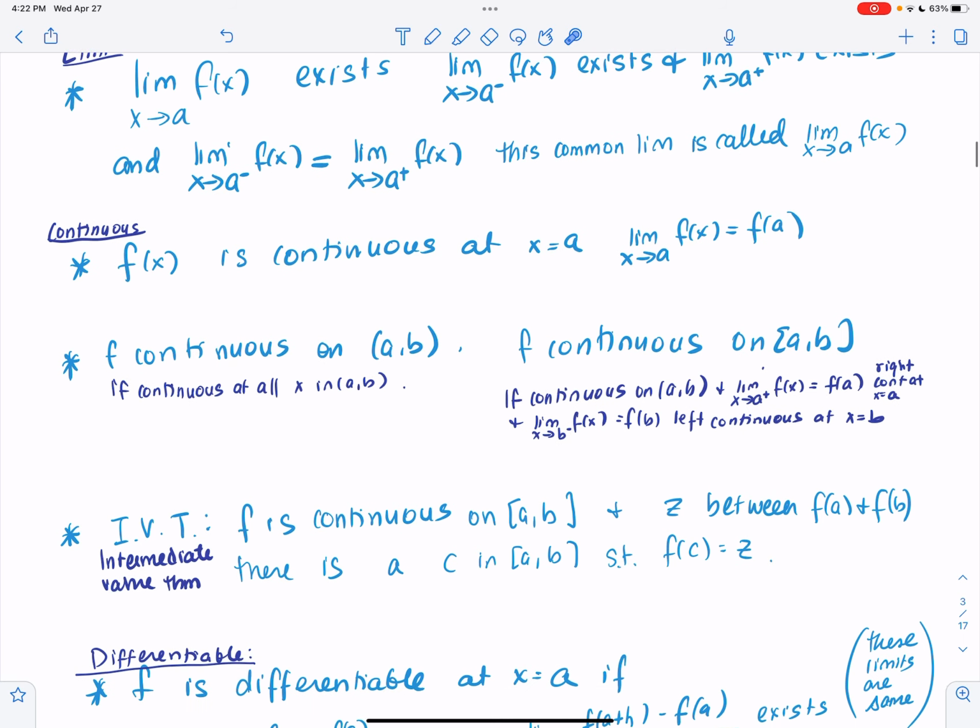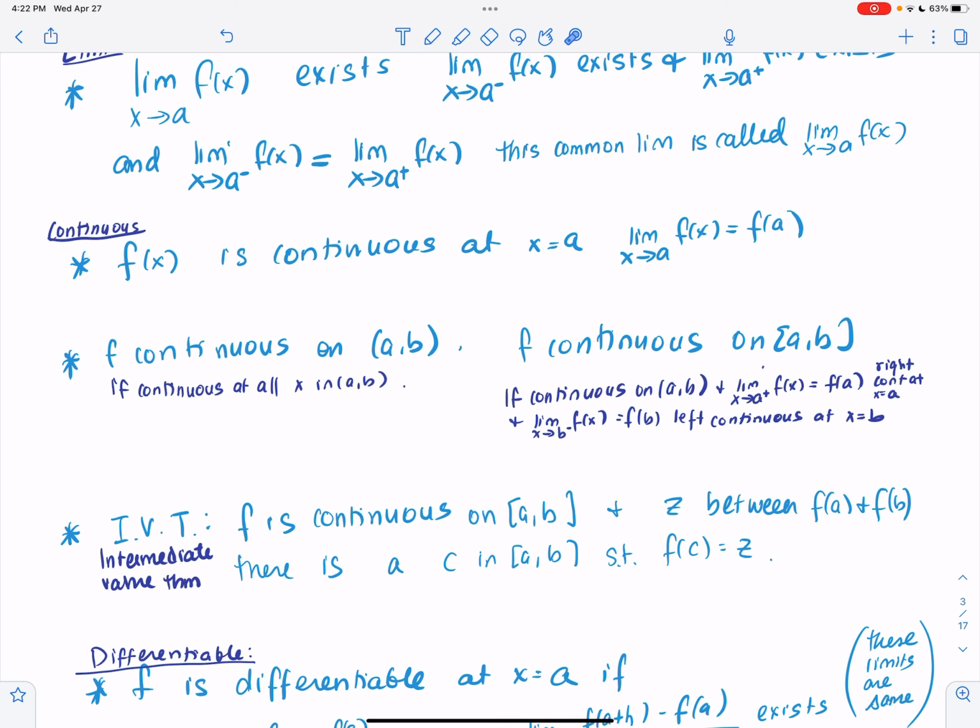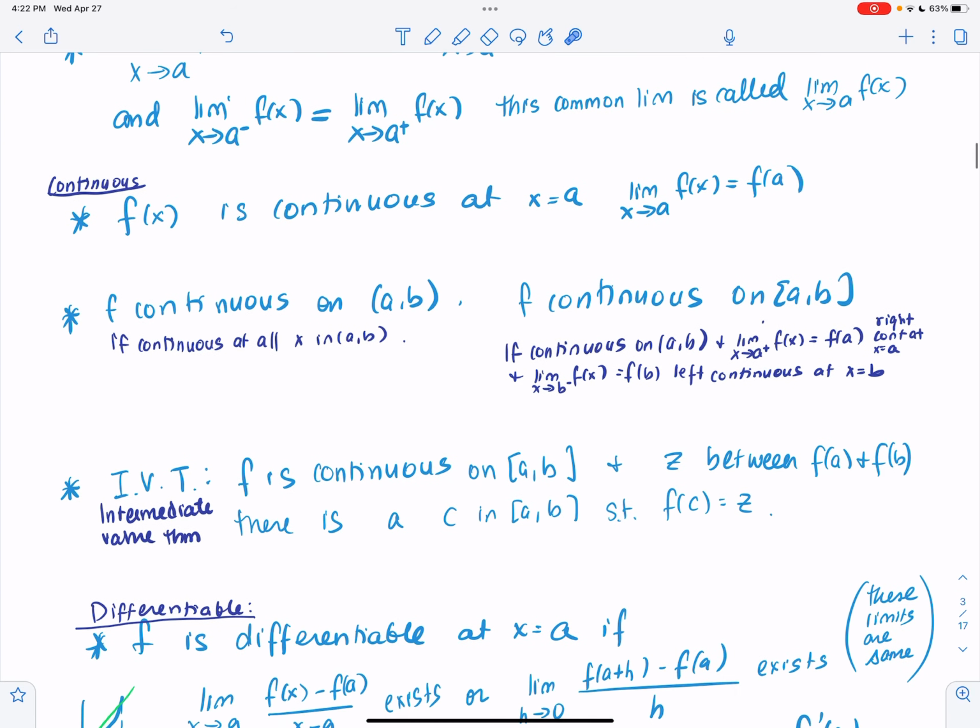Okay, now you can generalize this to continuity on an open interval. When is a function continuous on an open interval? A function is continuous on an open interval if it's continuous at all the x's in that open interval. Okay? How about if you have a closed interval? You say a function f is continuous on a closed interval if it's continuous on the open interval (a, b),